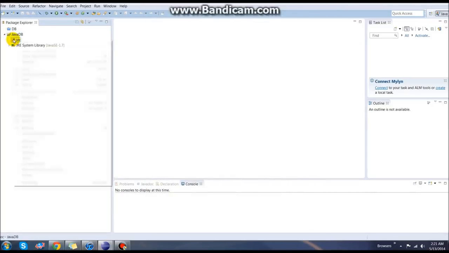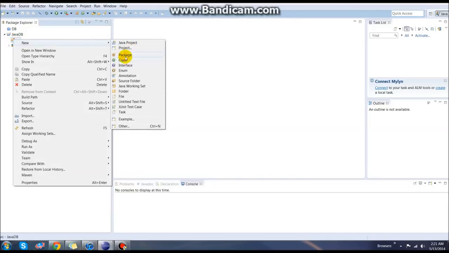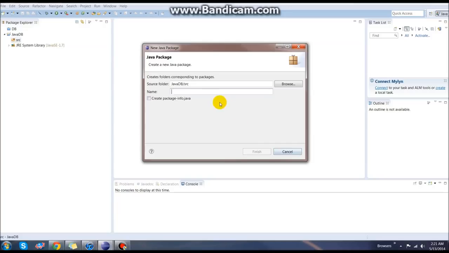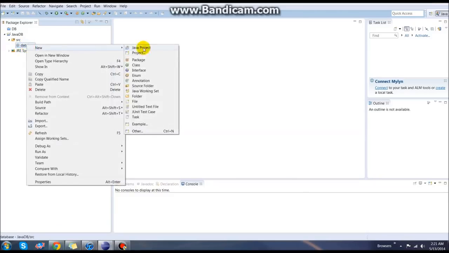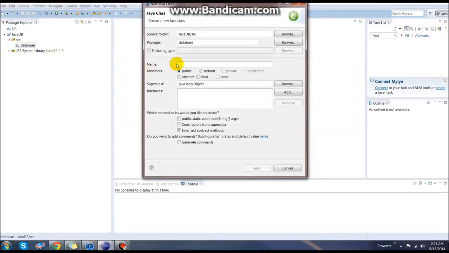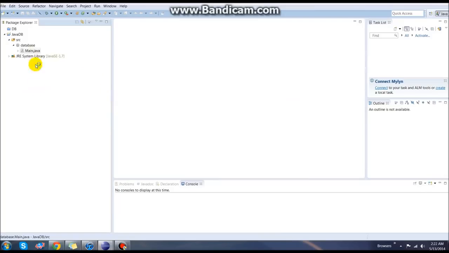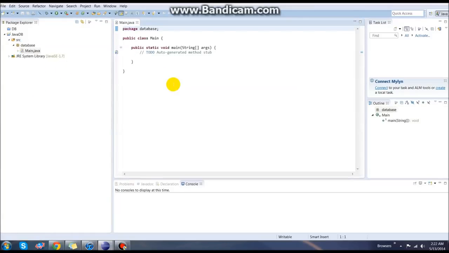And in our new folder, our source folder, we'll create a new package, and this we'll just leave at default for right now. Actually, we'll call this database and hit finish, and then we can go ahead and create our main class file. This I'm just going to call capital M Main, and we want this to have the public static void main string args, and we want it to inherit abstract methods. So we'll hit finish on that, and now that you have your structure set up for your actual Java files,